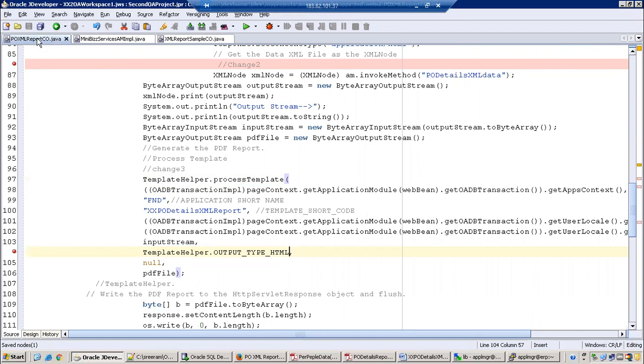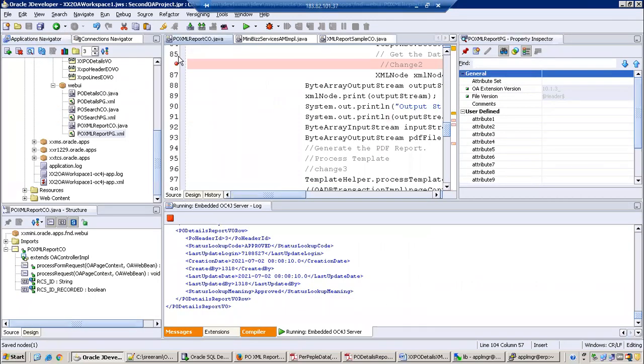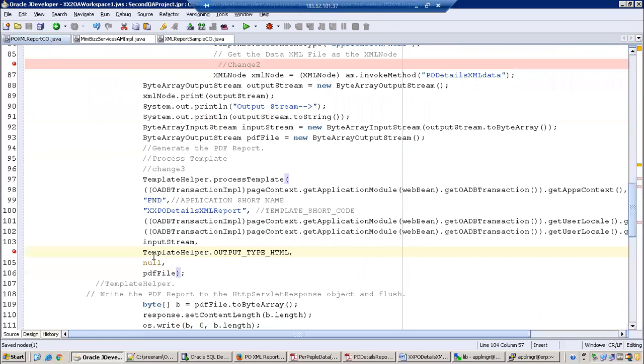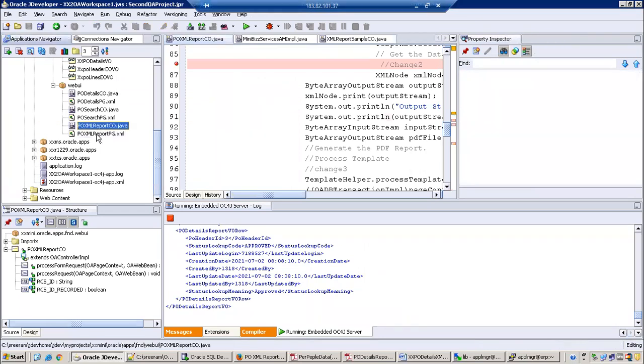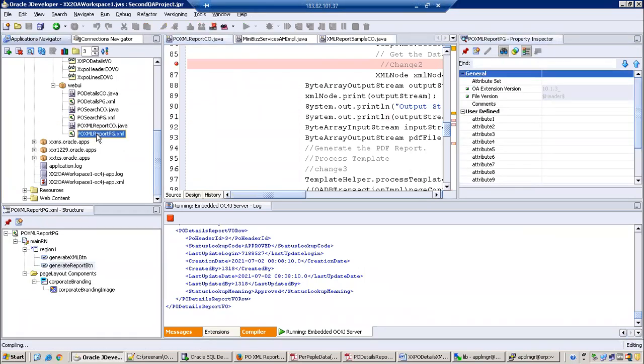The PDF file here is an object, an object variable name. We'll discuss more on that. Once you see the HTML, we can discuss what we are passing and what this template helper API is.